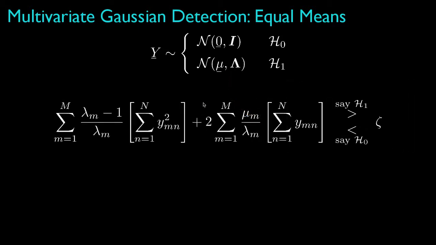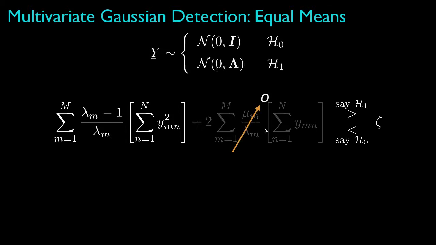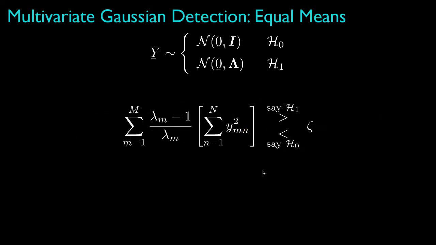Accordingly, we showed that the general form for the decision test looks like this, where m, again, is the number of elements in the observed data vector, n is the number of independent observations for the data vector, and the parameters mu and lambda are determined by the original means and covariances according to the pre-processing steps. Now, if the means are the same for both hypotheses, then the mean for the pre-processed data under hypothesis 1 will be 0, and all the values for mu will be equal to 0. This means that the second term in the decision statistic will be equal to 0,